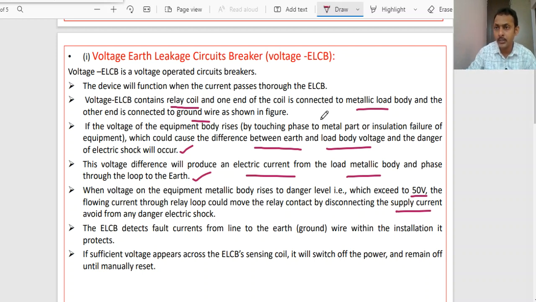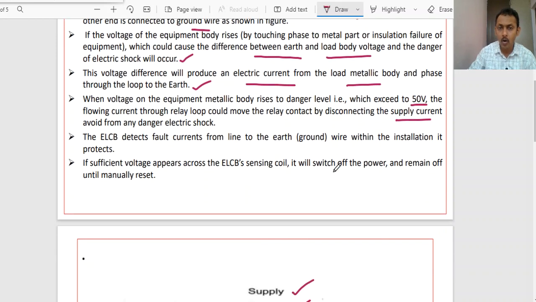Each equipment from which the person is to be protected, there only it is going to function, right? So if sufficient voltage appears across the earth leakage circuit breaker sensing coil, it will switch off the power and will remain in the off state until it is manually reset,